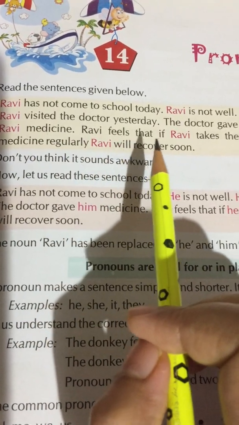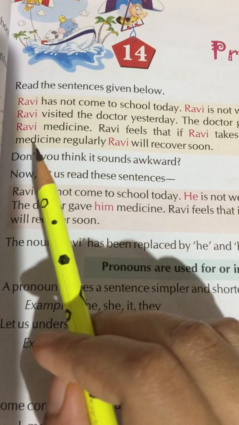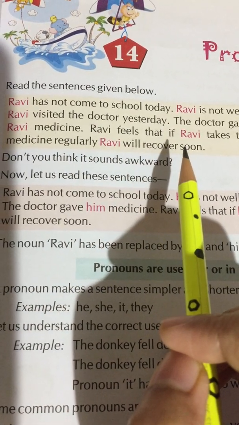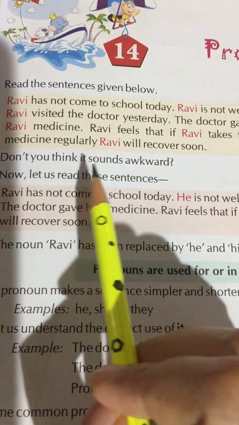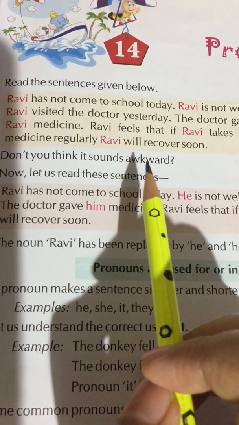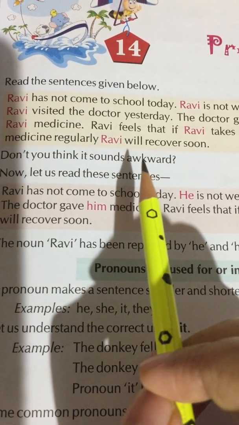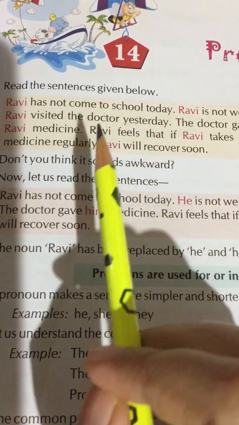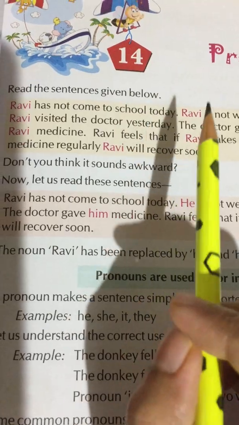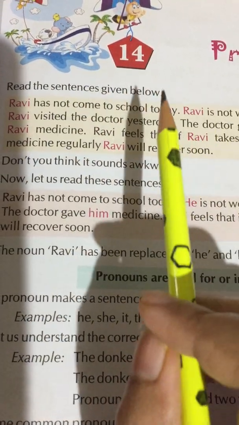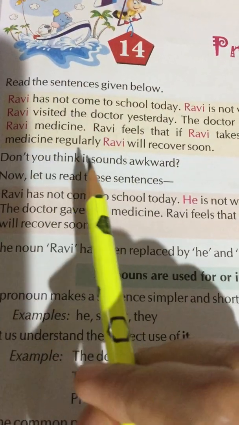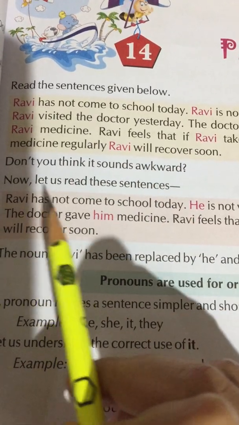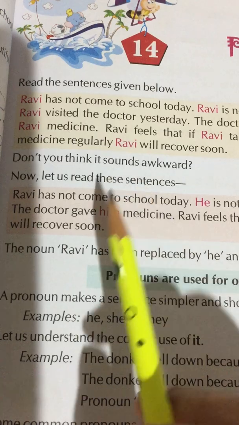Ravi feels that if Ravi takes the medicine regularly, Ravi will recover soon. Don't you think it sounds awkward? It does. You can see now, in all the sentences, the same word, the same name, Ravi, is repeatedly coming. So it sounds awkward.